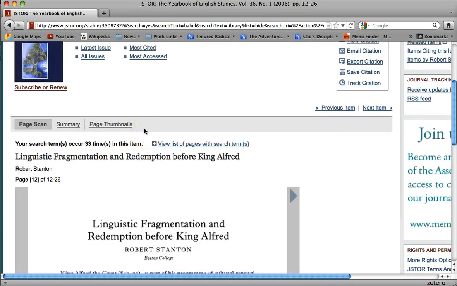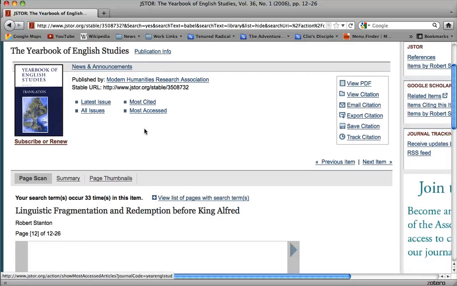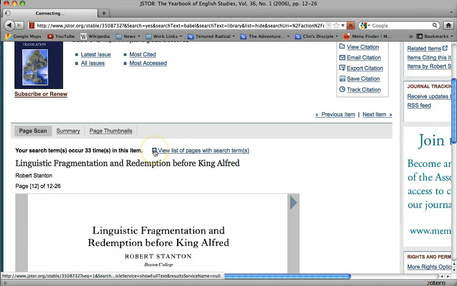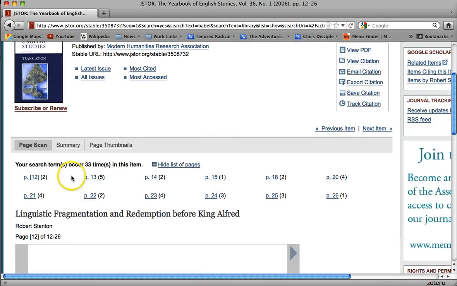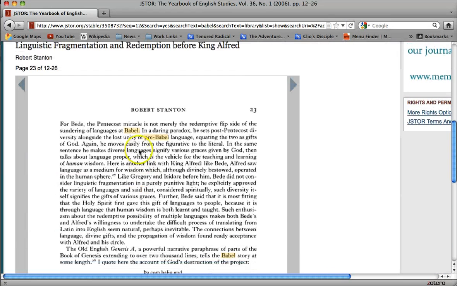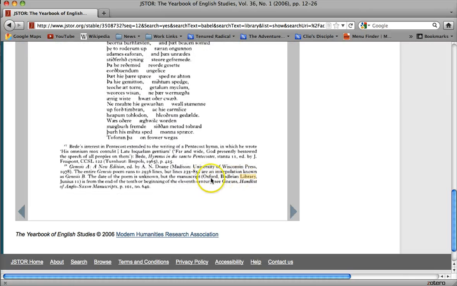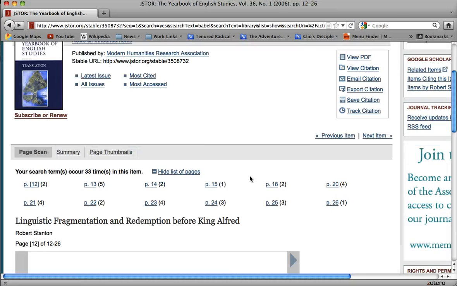Now, one of the cool things Jstor does once you've done one of these keyword searches and you have search terms that are working for you and begin to find stuff, is you can view a list of pages on which those appear. It shows the number of times one of your search terms appears on a page and what page they appear on. So if you click one, it'll bring you to that. They're highlighted, as you can see: Babel, languages at Babel, discussions of the Bible, and then down here in the footnotes, Oxford Bodleian Library, which is why this article appears. So going back to the main page,